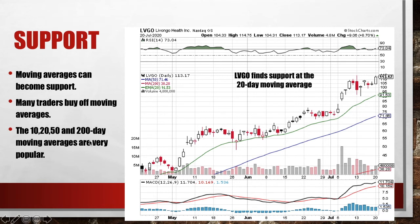Okay, so these are very popular, and what traders do is they look to buy off these moving averages. They're making a bet that they're going to bounce off support. So what some traders will do is they'll buy something like this on here off the 20-day, and they'll say, you know what, I'll hold this as long as it's above the 20-day, and I'll sell it if it goes below the 20-day. Okay, so moving averages can also act as support,